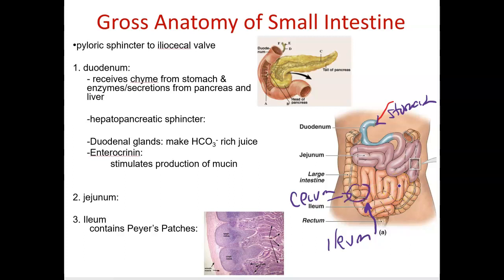And so right at that junction, there's something called the ileocecal valve, which is basically a sphincter. And when that's open, that allows the contents from the small intestine, from the ileum, to enter the cecum of the large intestine. So the 3 portions are the duodenum, which is the shortest portion,